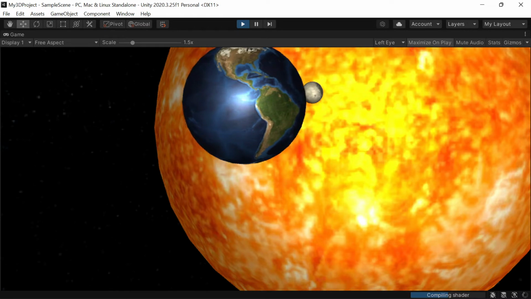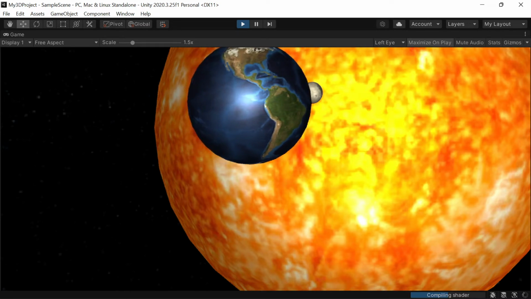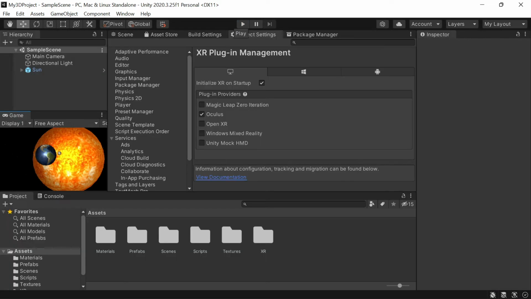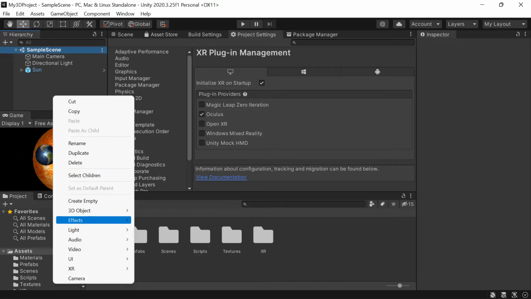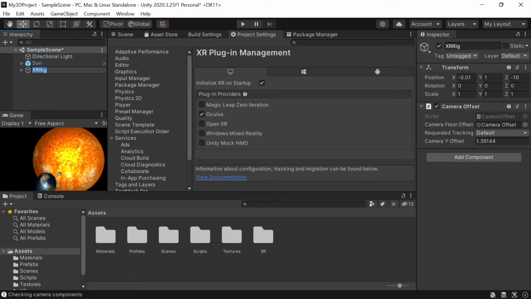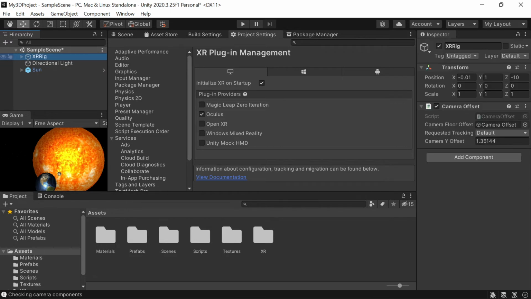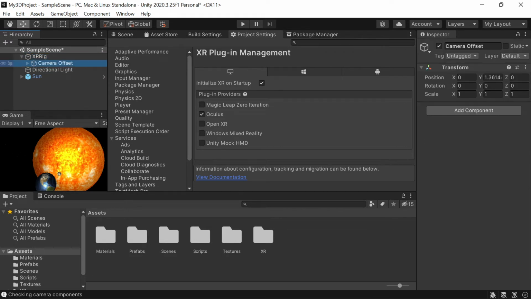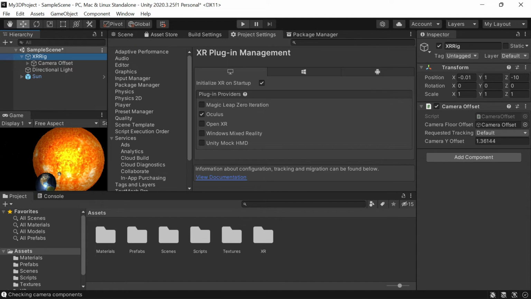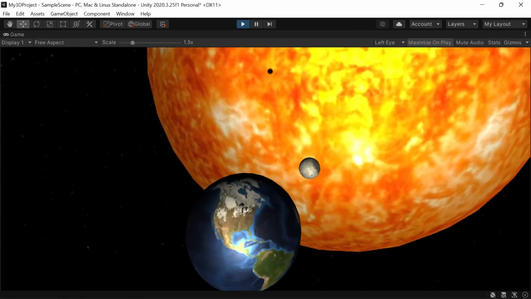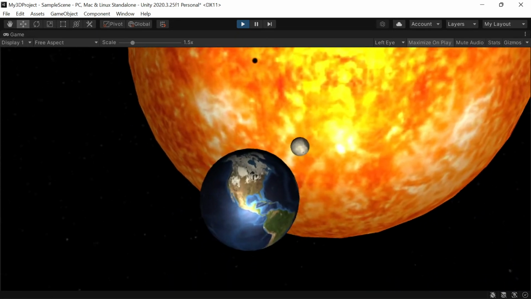And what I actually haven't done is change the camera. So right now the tracking doesn't actually work. So we have to change the camera to an XR rig. I just put it up there again. So the XR rig actually contains the camera, and I'm just going to play it one more time, and then I should have tracking on the headset, as you can see here, and I can look at this scene in